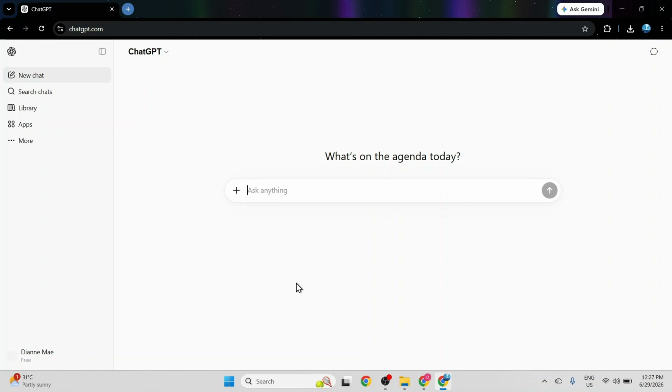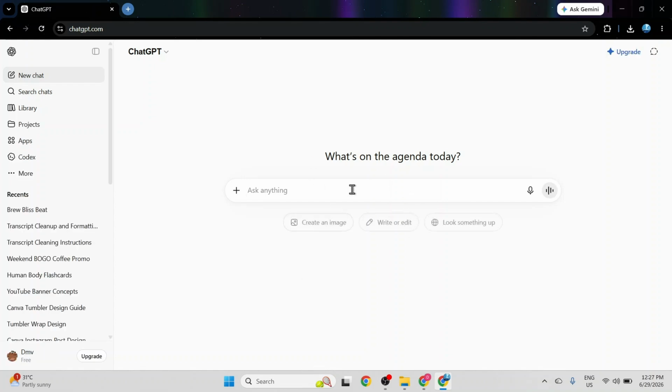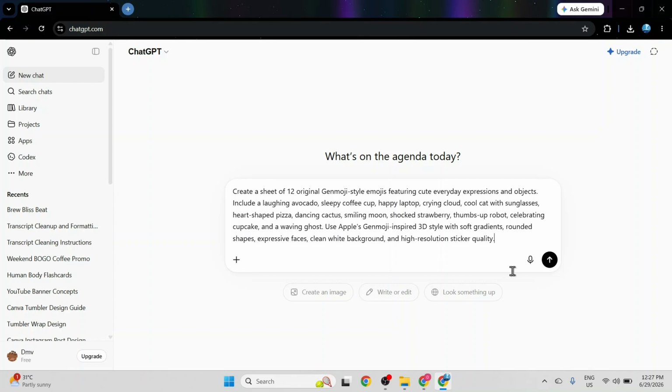load the main interface. Once the page loads, I click into the message field at the bottom where it says, Ask Anything. I type a detailed prompt requesting a sheet of 12 original Genmoji-style emojis featuring cute, everyday expressions and objects, specifically listing things like a laughing avocado, a sleepy coffee cup, a happy laptop, a crying cloud, a cool